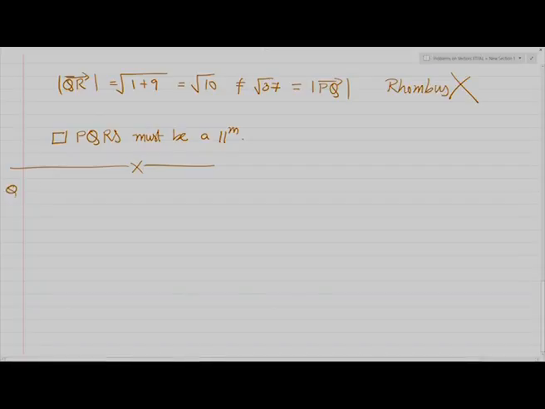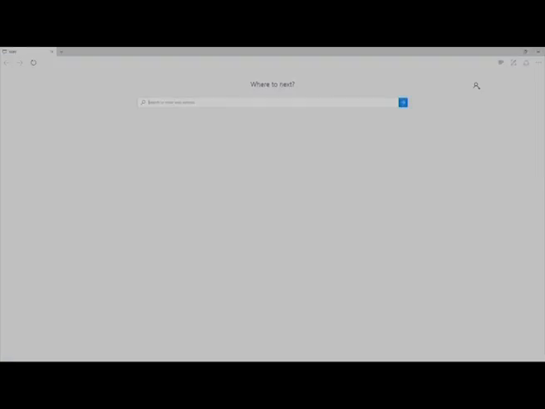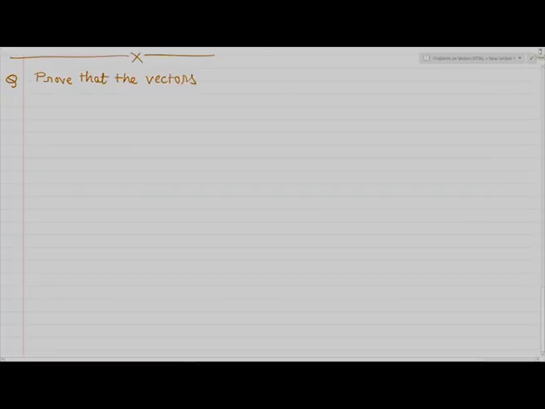So, the next question is: prove that the vectors 3i plus 5j plus 2k,